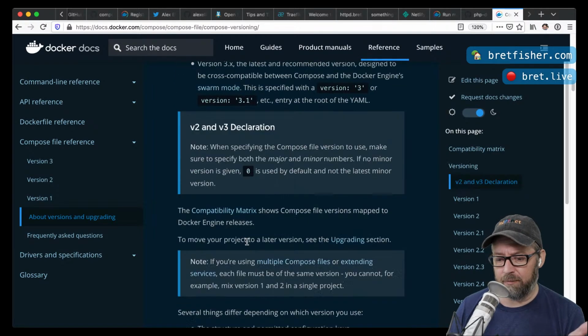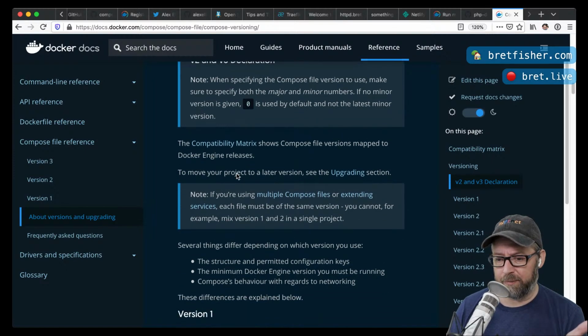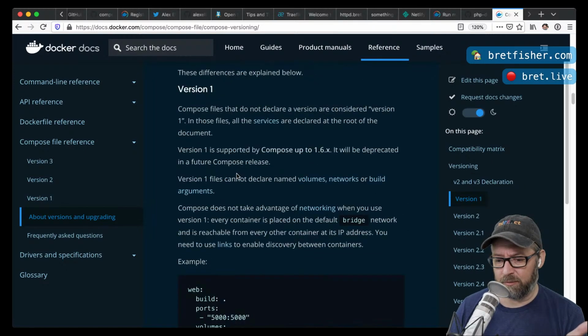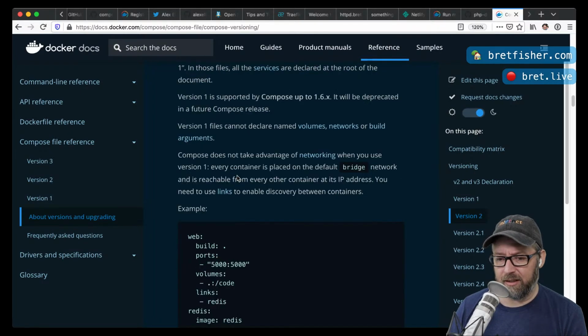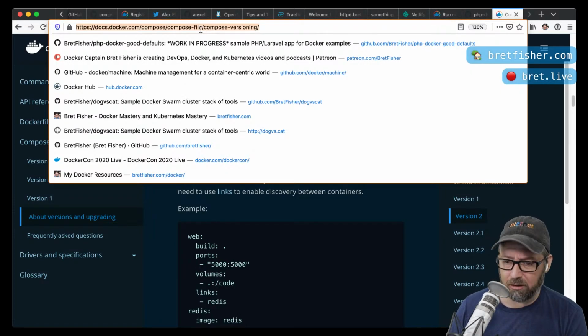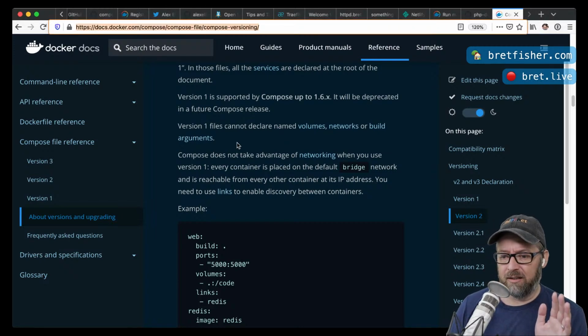And then this is the whole compatibility matrix. Where am I looking? There was a version somewhere in here, I think. So anyway, look around these files, dig into each of them, because there's a lot of stuff.